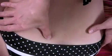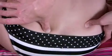Other good points along the lateral aspect of the sacrum are really tender points, especially if the woman has a lot of back pain. This can be really good for getting the baby down. One last point